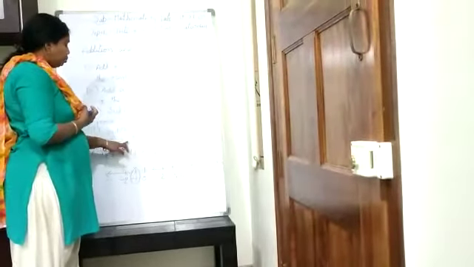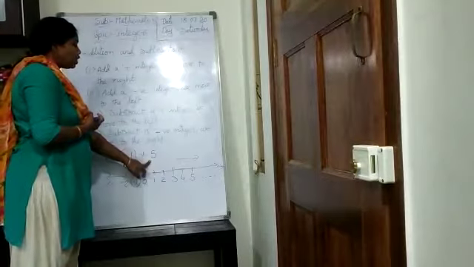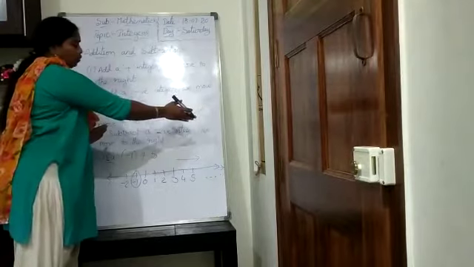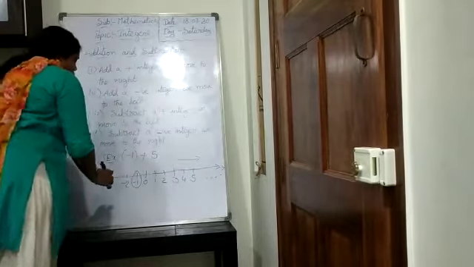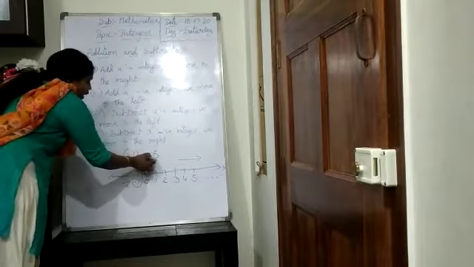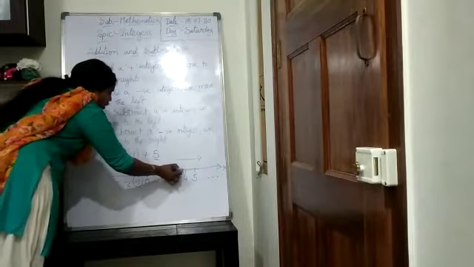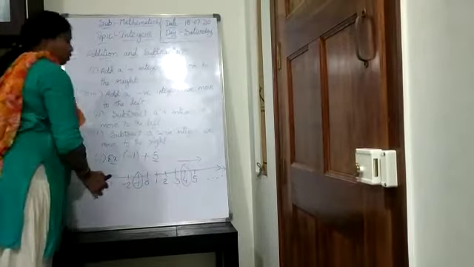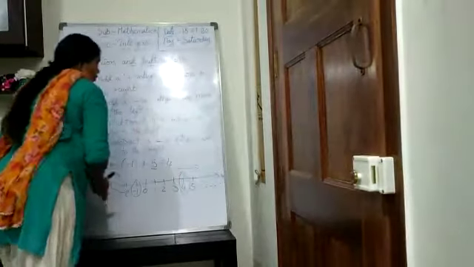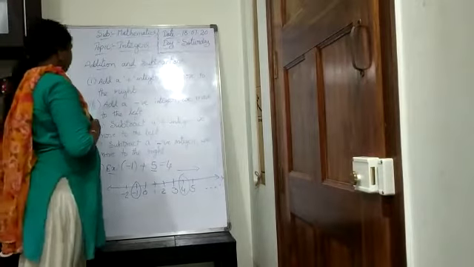For any number, when you are adding a positive integer, which side of the number line do we have to move? According to the first point, the right side. From minus 1 to the right, how many numbers do we have to move? 5 numbers: 1, 2, 3, 4, 5. What is our answer? 4. Understood? Clear about the first point? We will go to the next point.